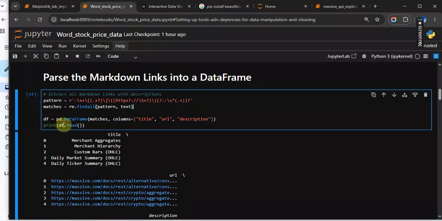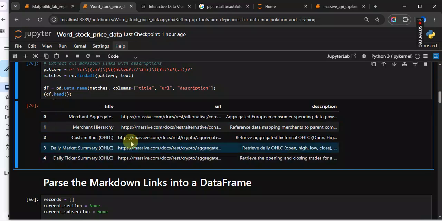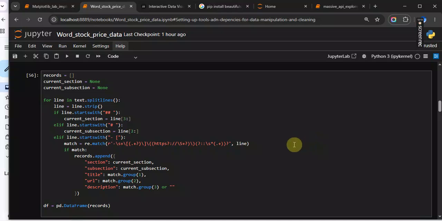When we do that and then call df.head, now that we have converted this into a data frame, we will print. When we print this, you get this. In Jupyter Notebook, normally when printing something, you do not need to use the print method. This is the best thing you can get, right? So it will put it in there. Now you can see how well structured it is in our data frame. We have the merchant aggregate, the website or the URL, and then the aggregate European data frame, right? So now that we have gotten it,